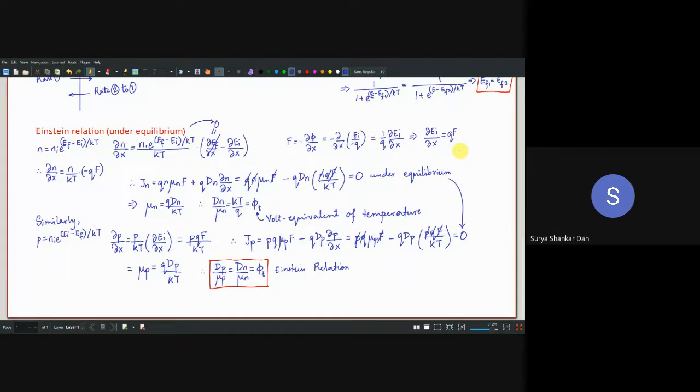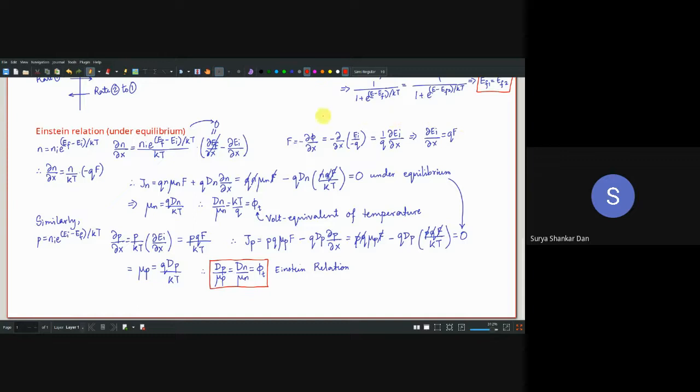Now, one very important thing to understand is that F is defined like this, minus del phi del x. Phi is the potential. But remember, F is defined for unit positive charge. Potential or voltage is defined also for unit positive charge. Lekin energy, EI, is defined for an electron. So that means agar hum unit positive charge ki baat kar rahe hain, then EI divided by minus Q is basically the potential. Okay. So now if you do that, this minus minus cancels and you are left with this.